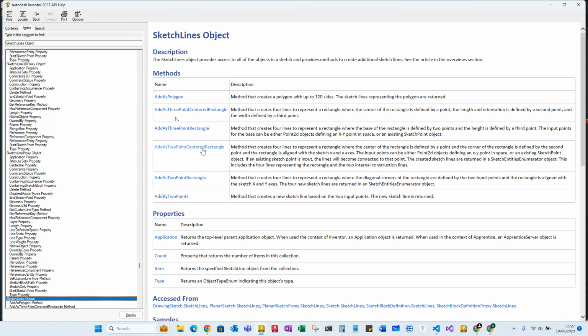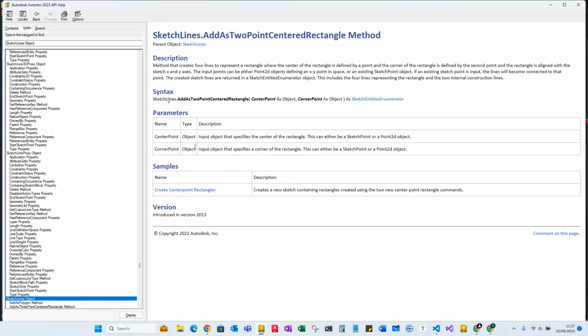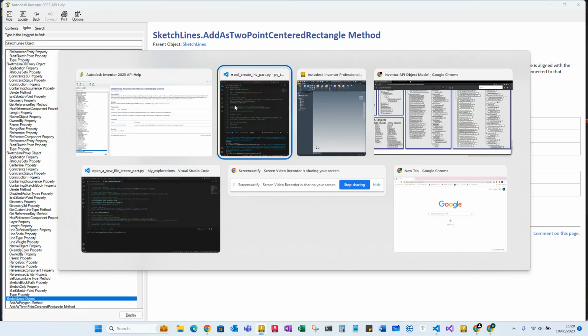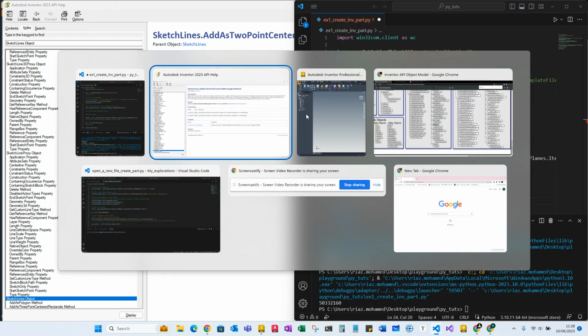So the first point is going to be a center. So let's use this one. It's probably easier because we can choose origin as the center, right? So how have they done that? We have the syntax here. So you go sketch lines dot add 2-point center line, which is a method, and inside it we have two arguments which are mandatory. So we need the center point as the object and the corner point as the object. So let's copy this method, go here,